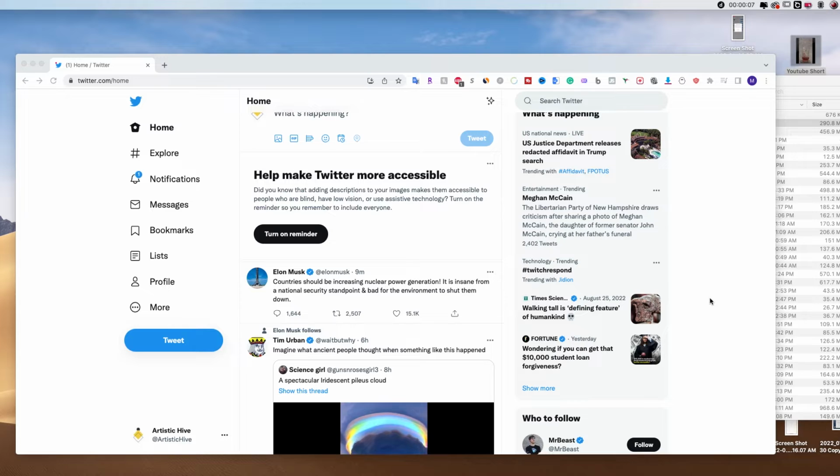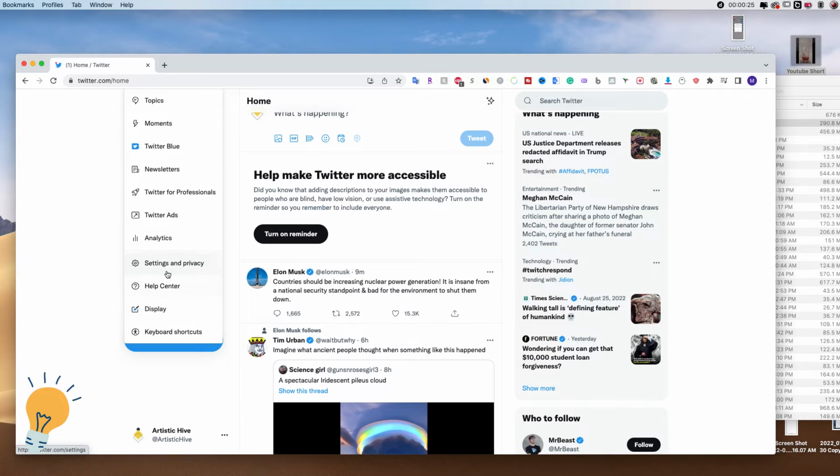So this is a very simple process and without further ado, let me show you how to do it. This process works the same both on Mac, Windows, or if you're doing it from your mobile device. So the first thing that you wanna do is go ahead and click on More, and then click on Settings